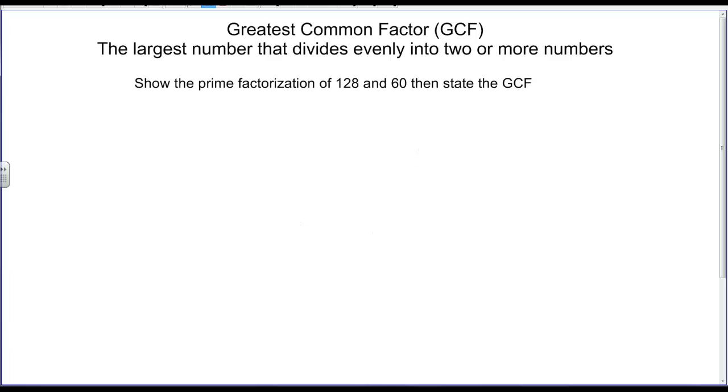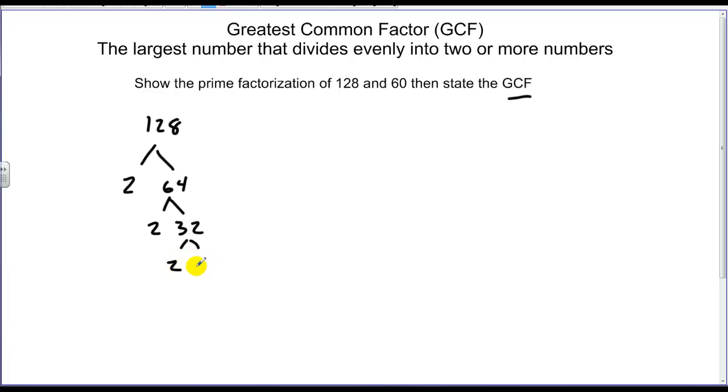Now, the greatest common factor, or what we'll term as GCF, is the largest number that divides evenly into 2 or more numbers. So what I want to do now is show the prime factorization of 128 and 60 and then state the greatest common factor of those two numbers. So let's start with the tree for 128, and we'll go 2 and 64. I'm just going to break it all down and go 2 and 32,